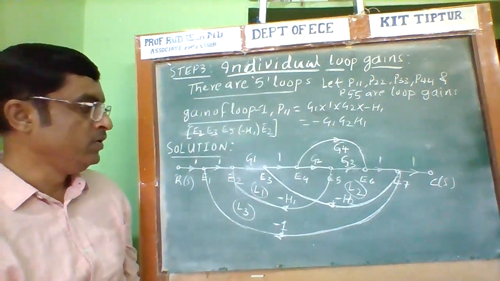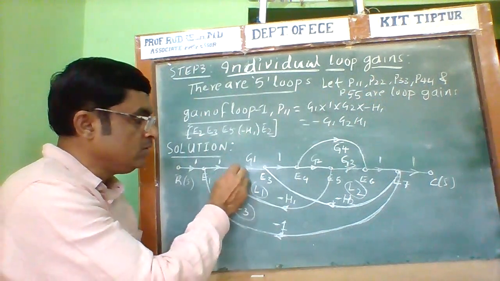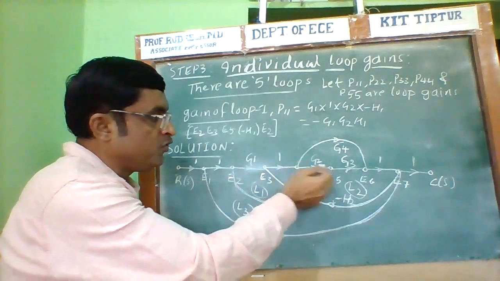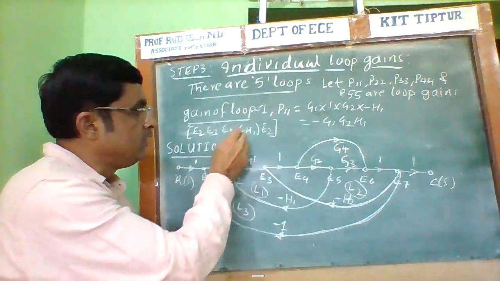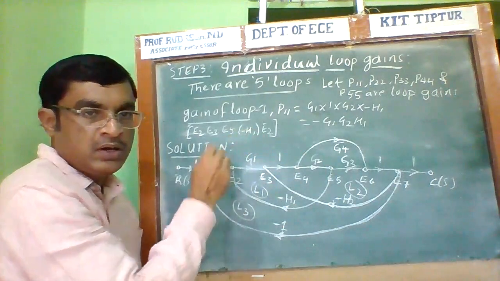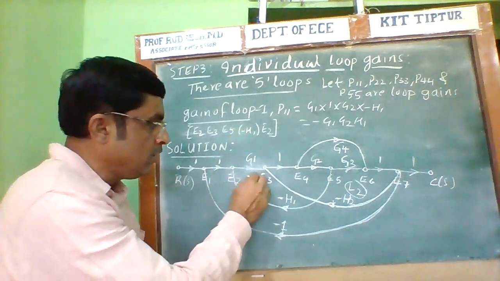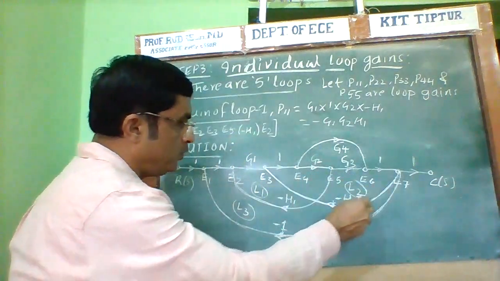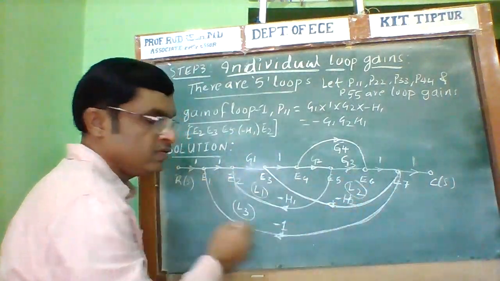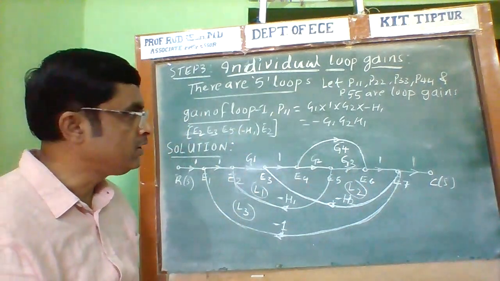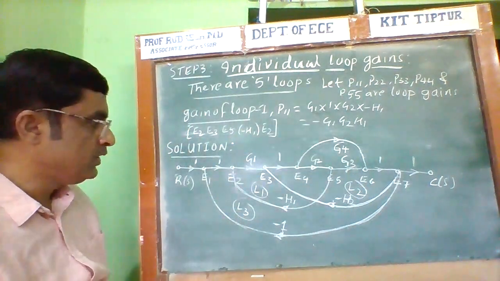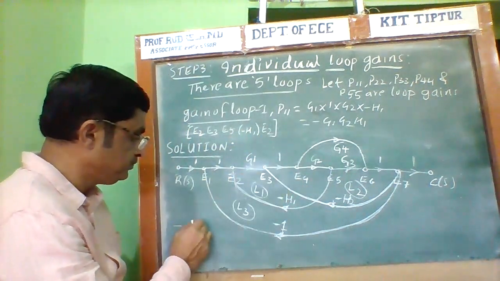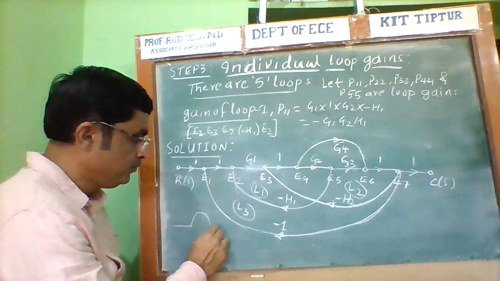So here, loop 1 starts from the E2 node, E3 node, goes to the E4 node, E5 node, and then via the minus H1 arrives at the same node. This is the loop 1. Similarly, this is the loop 2. Now this outer loop is L3. The other two loops: this is another loop,